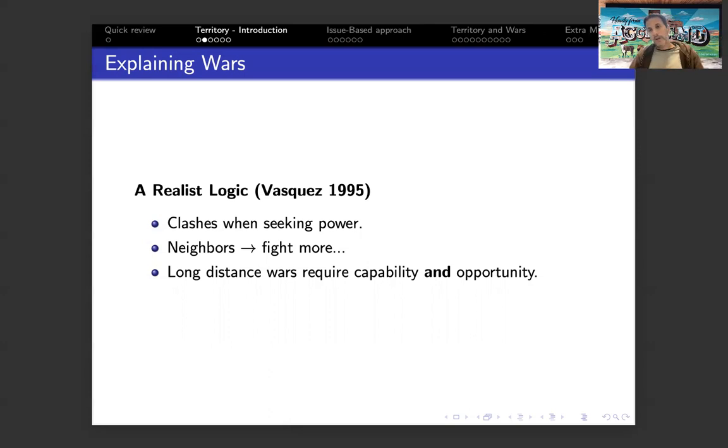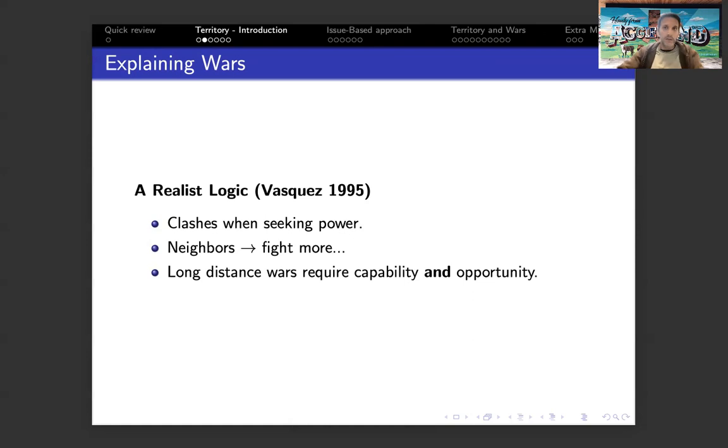Now, a lot of the research in the past showed that there is a strong relationship between territorial contiguity and the emergence of wars or any kinds of militarized disputes. For example, there's a very famous 1992 study about interstate wars, and that study assessed, with data on dyads of states, their likelihood of going into wars. What are the different factors that lead to that? And what that author showed is that territorial contiguity is one of the most powerful predictors of going into wars. So there is evidence for that in the